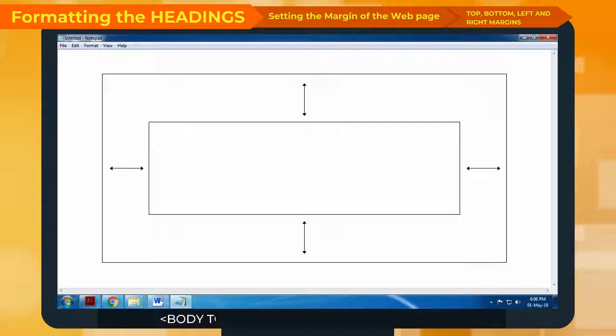Example: <body topmargin="50" leftmargin="30" rightmargin="30" bottommargin="50">. This will display the text 50 pixels away from top and bottom margins and 30 pixels away from right and